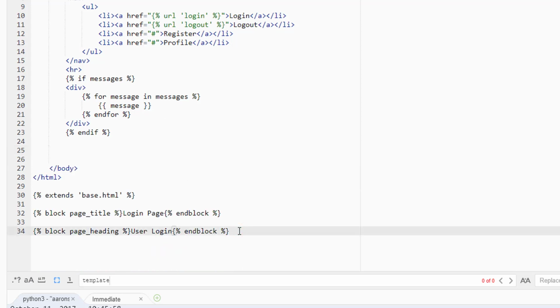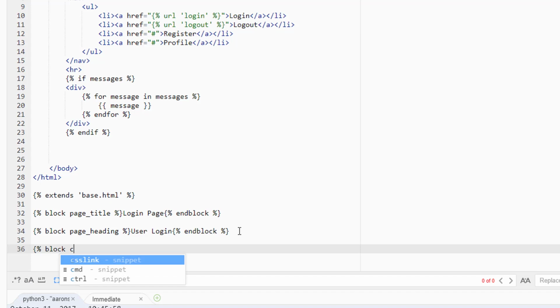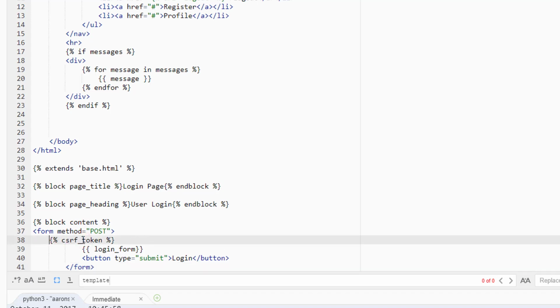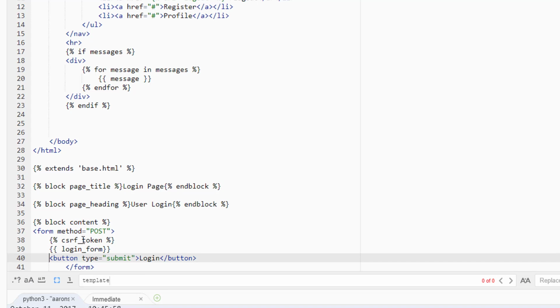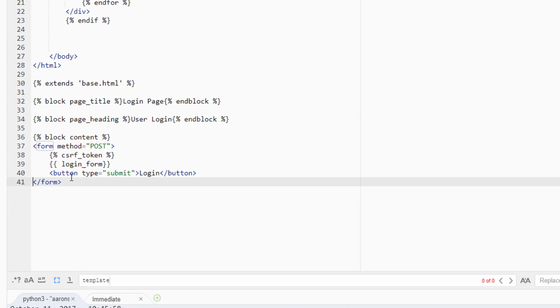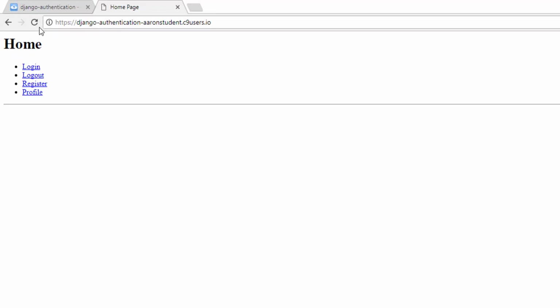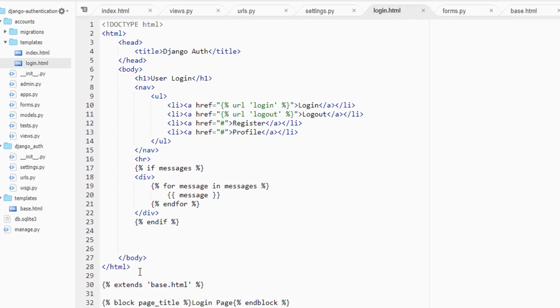What we want to do then is grab our form element and its contents, and create a block content tag. Inside of that we'll pop our form. So just fix the indentation here. And then we want to pop in our end block tag. Once we've done that, we can go ahead and delete the rest of the content in this HTML file,